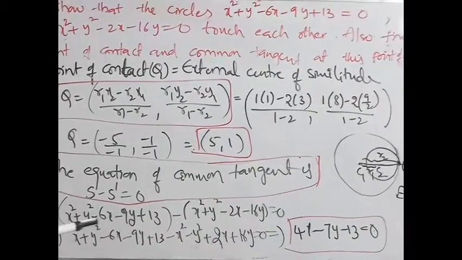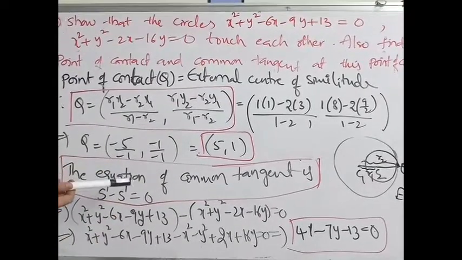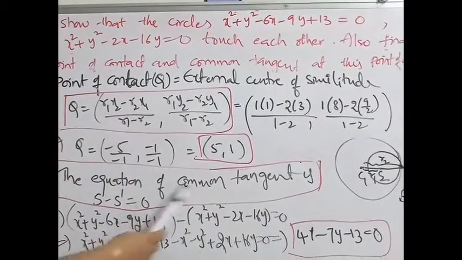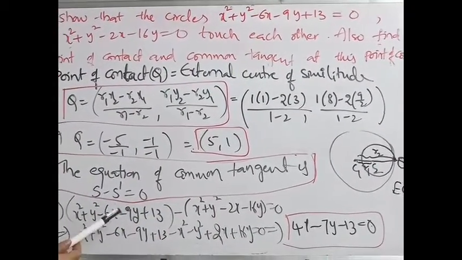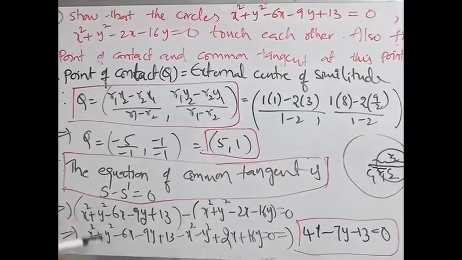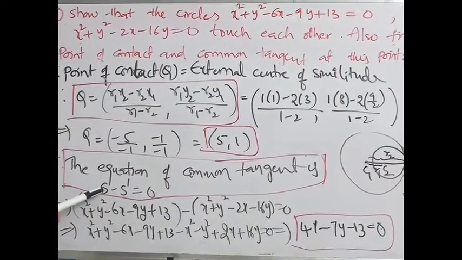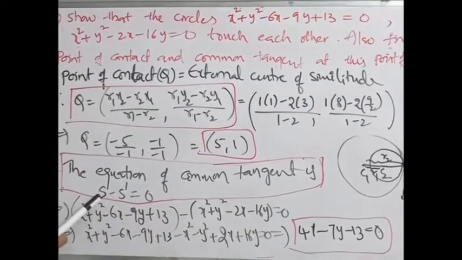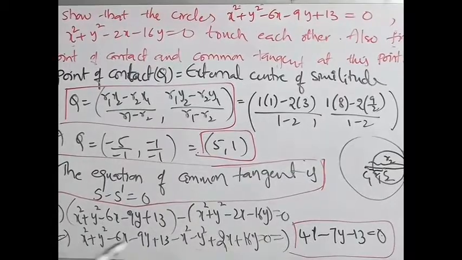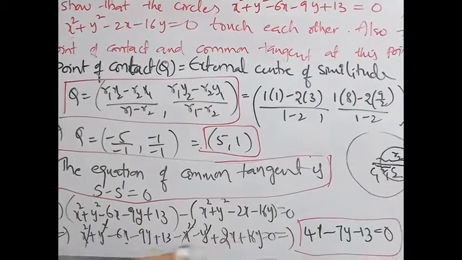Again, in the previous problem we discussed that the common tangent at the point is S1 equals 0, and also we can find the common tangent by using another formula: when two circles are given, to find the common tangent, just by subtracting the two circles we can get the common tangent, that is S minus S dash equals 0. This is actually in the next chapter, system of circles. So we also can use this formula for the common tangent, that is S minus S dash equals 0, that is first circle minus second circle. X square and y square get cancelled, and by taking the x term, y term, constant term, then you can get the common tangent.